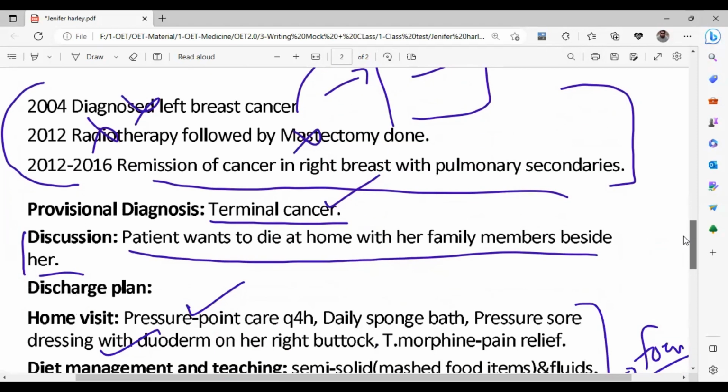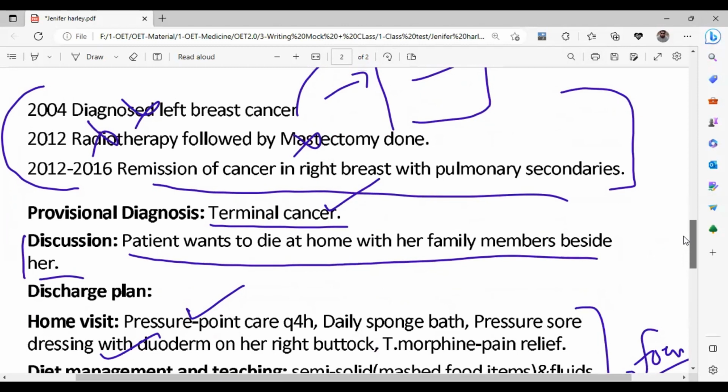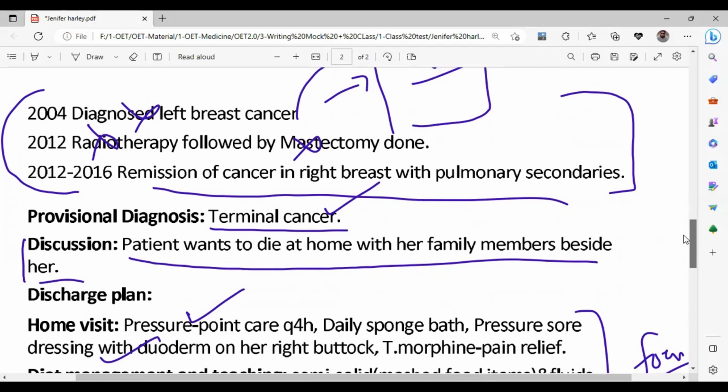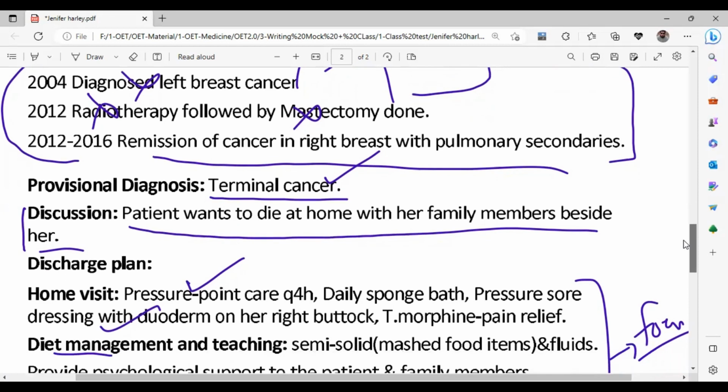But we just have to write down the metastatic stage of cancer over here. No need to mention when she was diagnosed and what about the radiotherapy and mastectomy. It's just specific to the selection of these case notes. It might not be applicable if you are writing this letter to the oncologist. We are writing this letter to the palliative care nurse, and we are writing to request the provision of palliative care services. In regard to this selection,